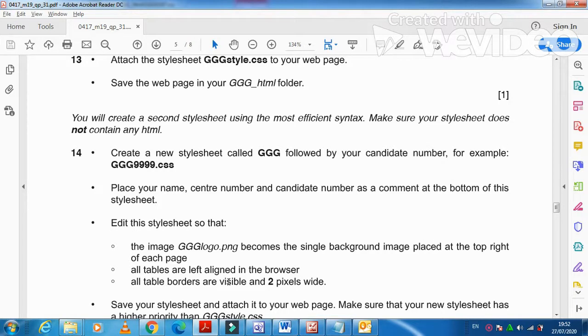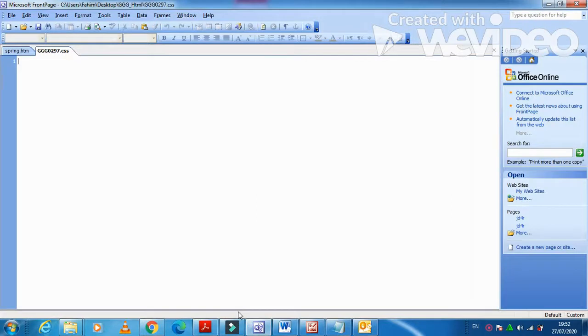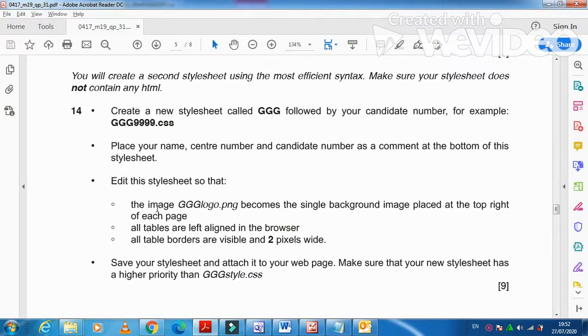In this case, the bottom at the end they need, we will do that. So first of all, I'm going to write my name, then my center number, then my candidate number, and then I just need to type the comment. And next step, the image G logo.png becomes a single background image placed at the top right